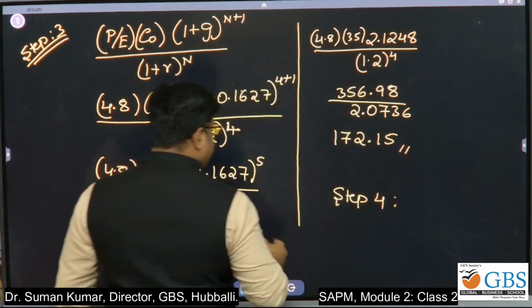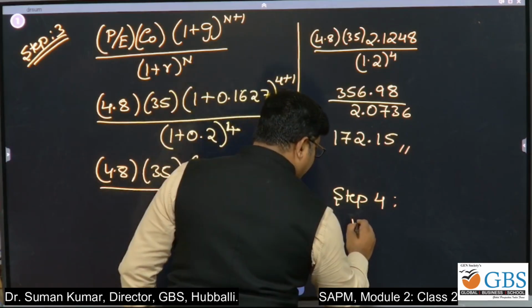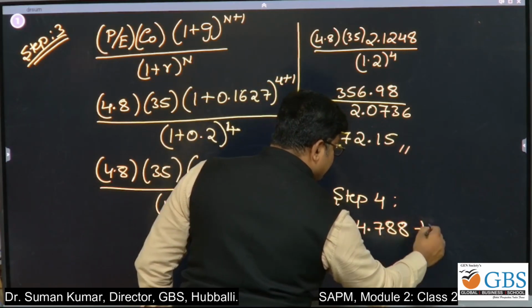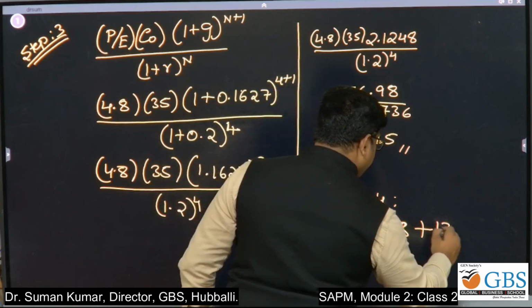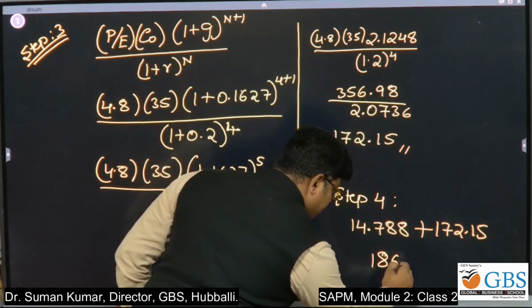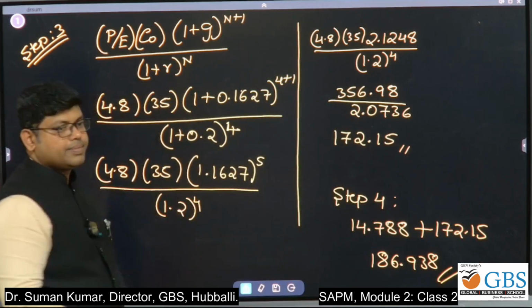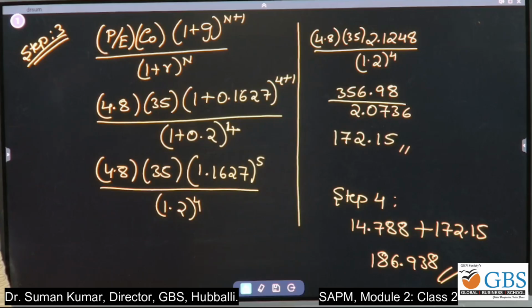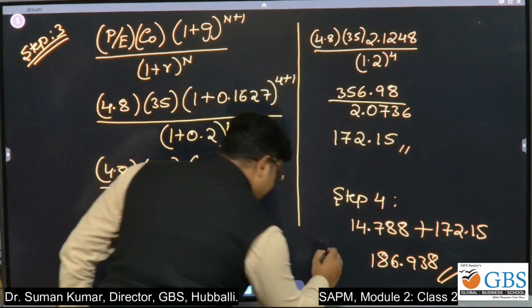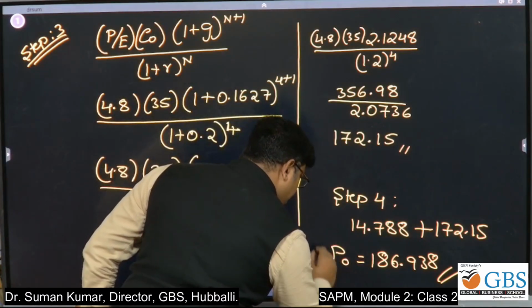Step 4. Step 2 gave 14.78, plus 172.15. Extra 1. That gives 186.938. This is the final answer. What is this? P naught. This is P naught. P naught is equal to